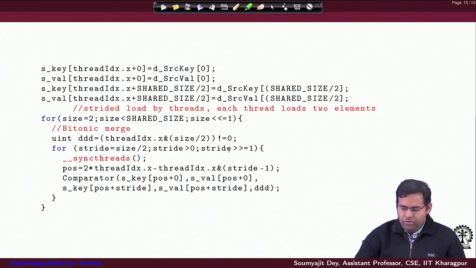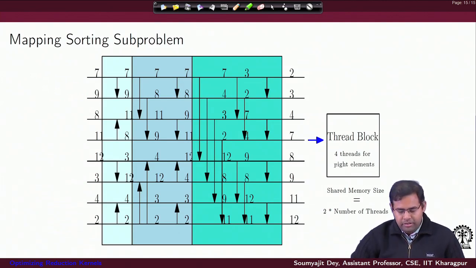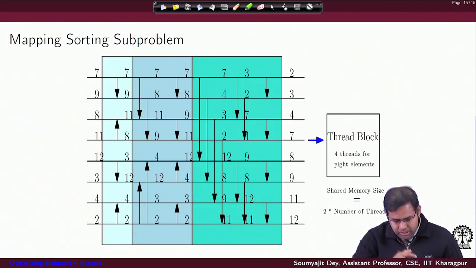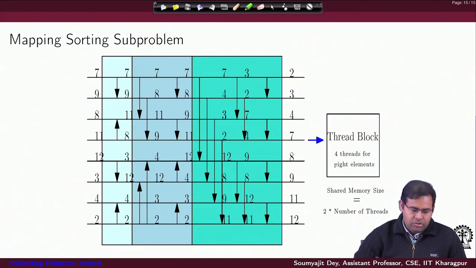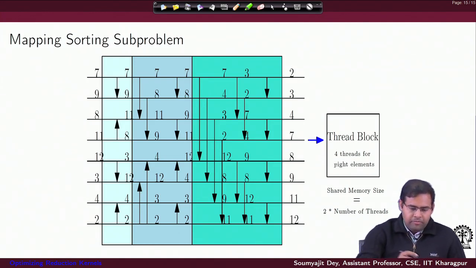Now if you have a look at the sequence of operations that we do here, let's try and figure out how to assign these comparisons as a per thread activity, because till now whatever we have done is to figure out how each of these 4 threads is going to load the values, right? So the next phase is to figure out how each thread is going to orchestrate the comparisons that are to be done. So for performing the comparisons, we let thread 1 do the first comparison,